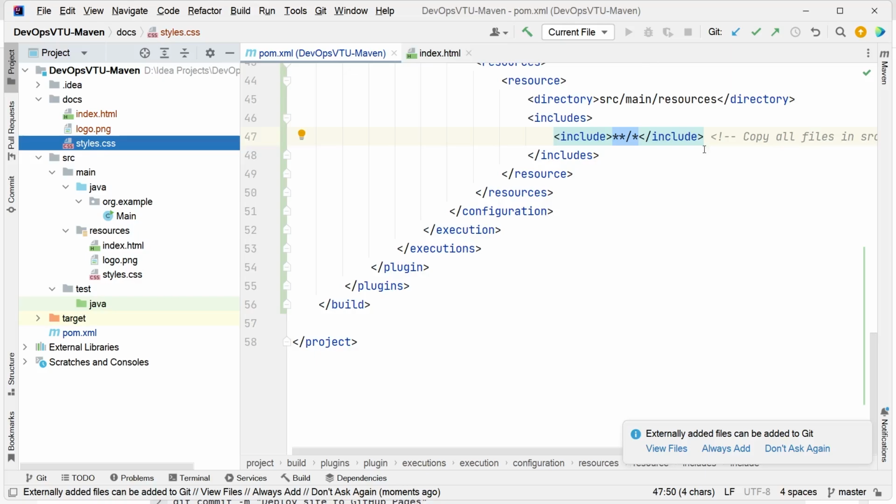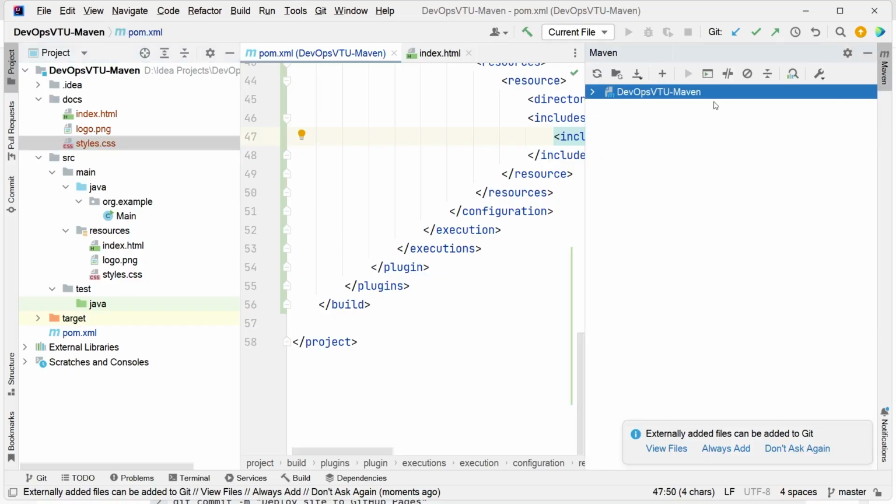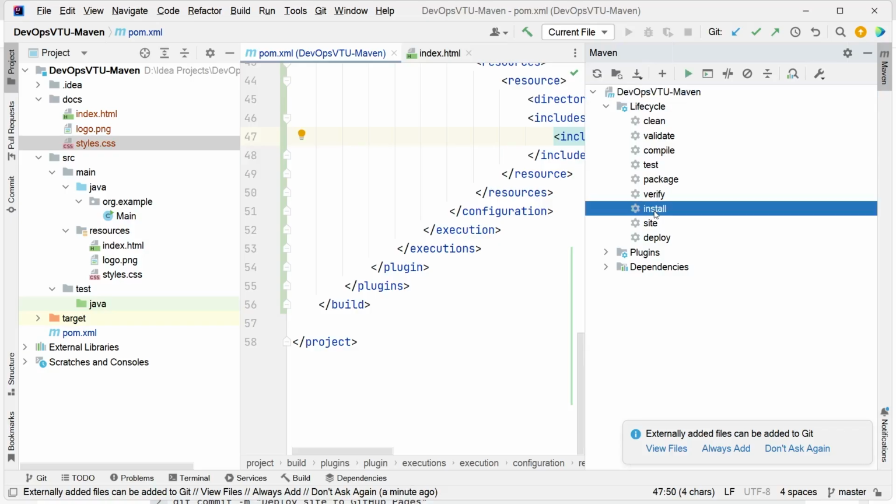And where will you find all the life cycles? In that diagram in the manual we have. Here you can see on the right-hand side an M and the Maven. I will click on this. And in this, you can see the life cycle: clean, validate, compile, test, package, verify, install. When I wrote Maven clean install, everything from clean, validate, compile, test, package, verify happened till